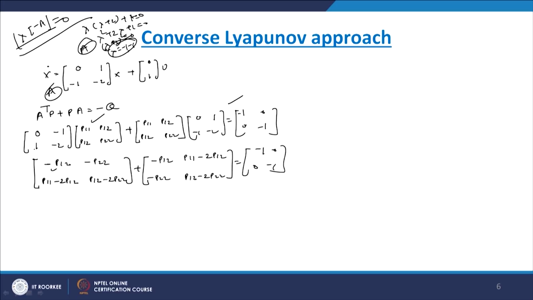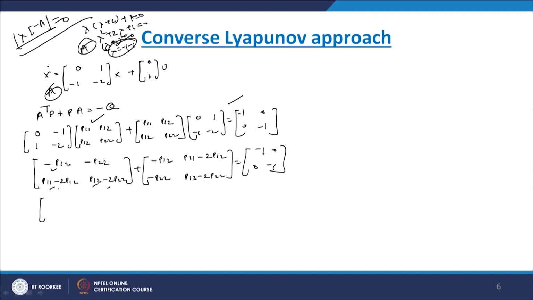Similarly, here 1 is multiplied by P11, we get P11, then this minus 2 multiplied by P12 we will get this. Then similarly, here 1 multiplied by P12 will get this, and this minus 2 into P22 will get this. Similarly, on this side we have got these results, and now we again solve it. So, after solving